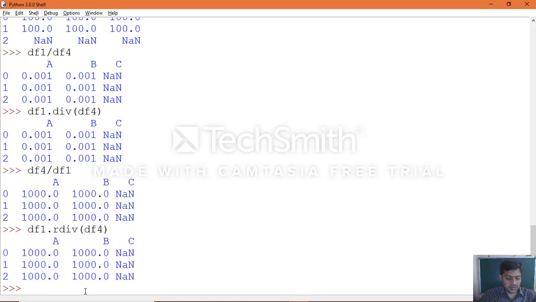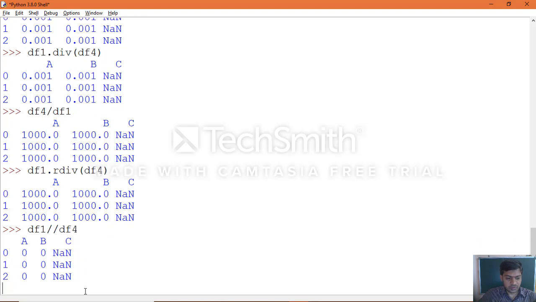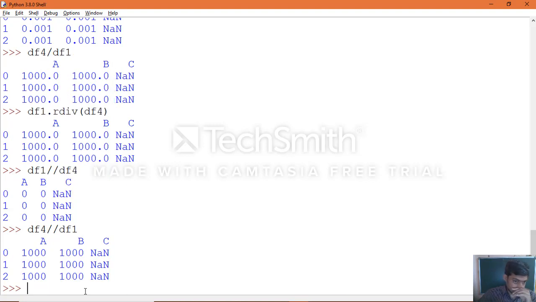Apply floor division here also. df1 floor division df4 gives integers here. Same way when you apply df4 and df1.